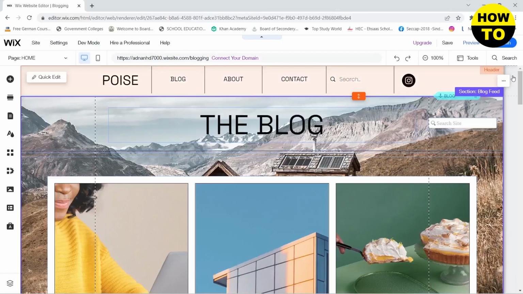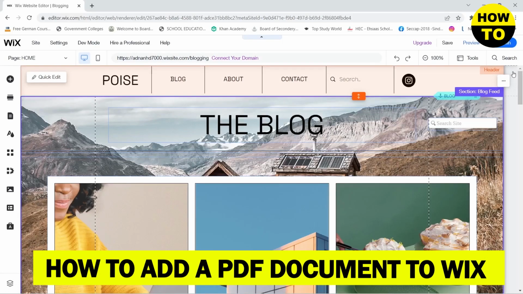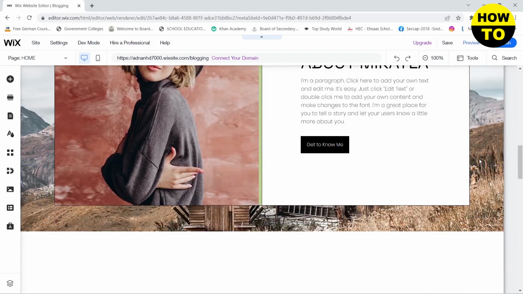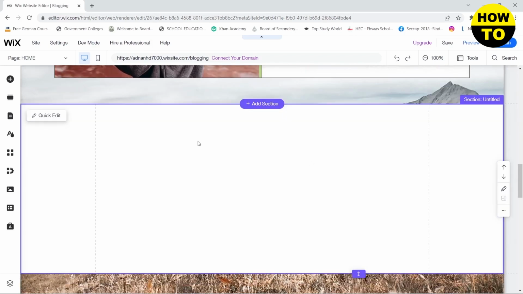Hello guys, in this video I'm going to be showing you how you can add a PDF to your Wix website. So here you can see that I am on my Wix editor. If I want to add a PDF to this section of my Wix website,